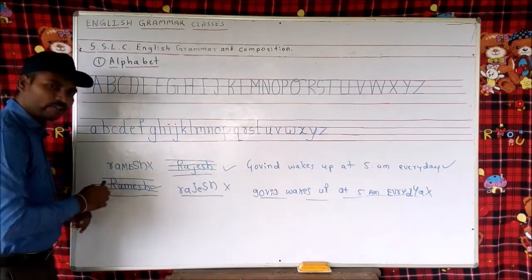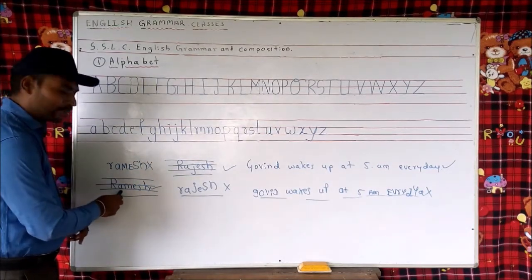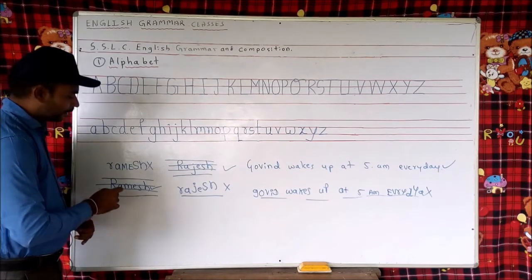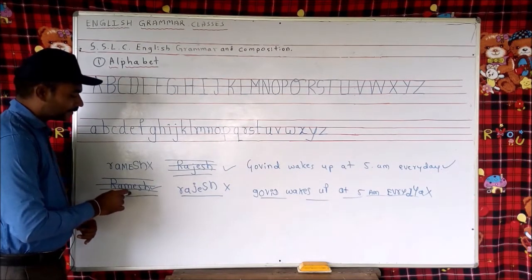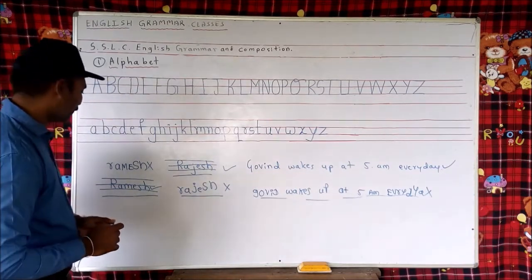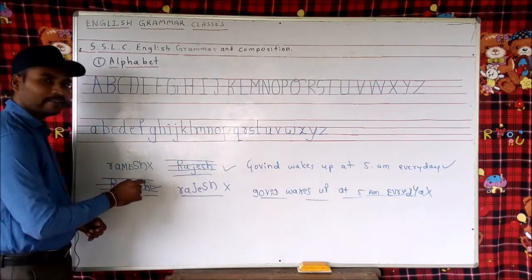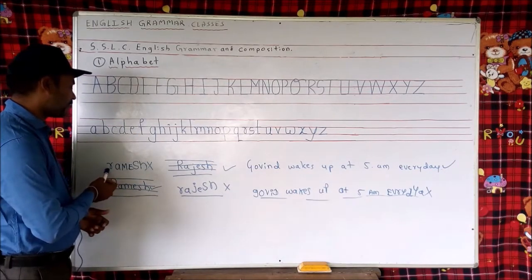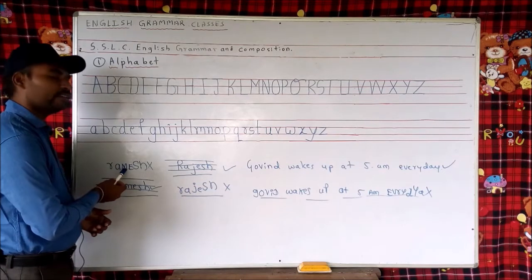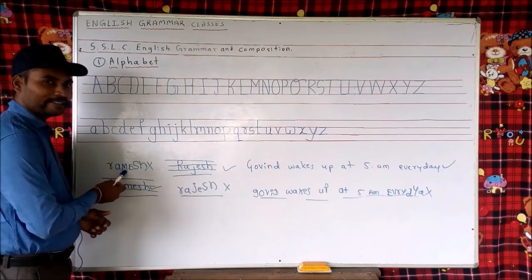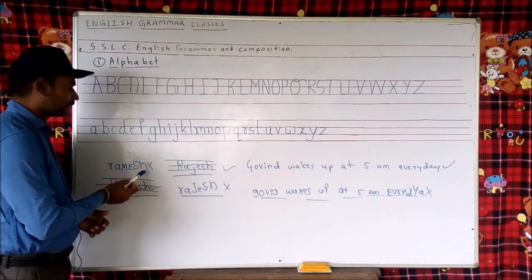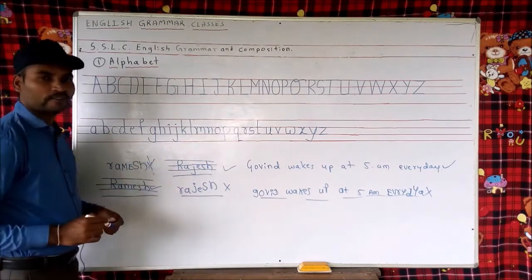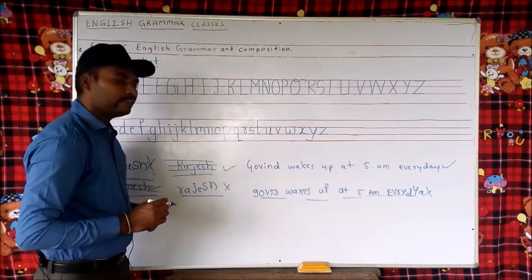I have written Ramesh here. Here one Ramesh is there, here one Ramesh is there. Which one is beautiful? Absolutely, this lower Ramesh is very beautiful because it has followed all the size, ratios and dimensions. Here R, A, M, capital letters, are in the middle. Does anyone write capitals in the middle? Then S, H. This is the wrong one.